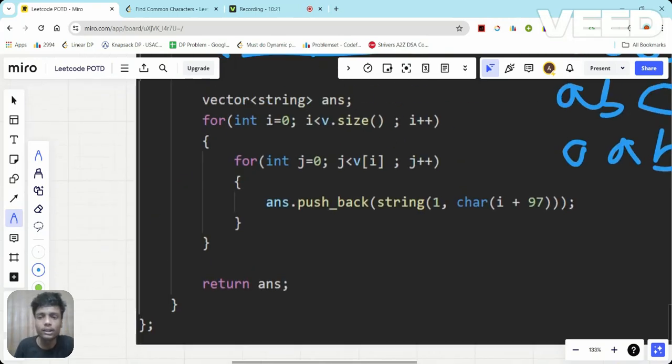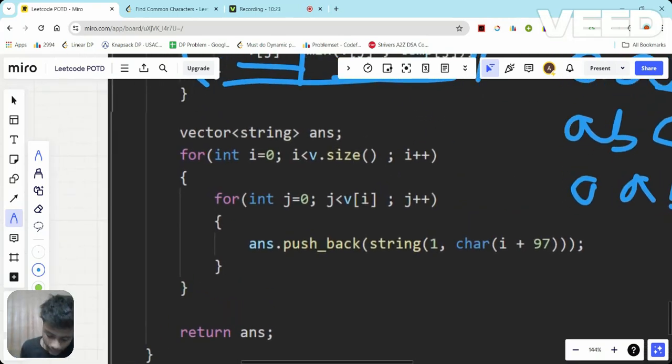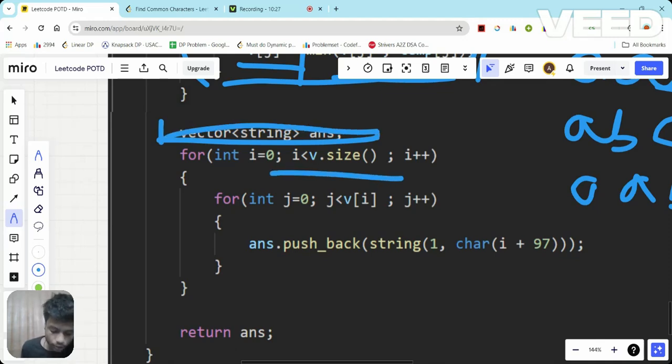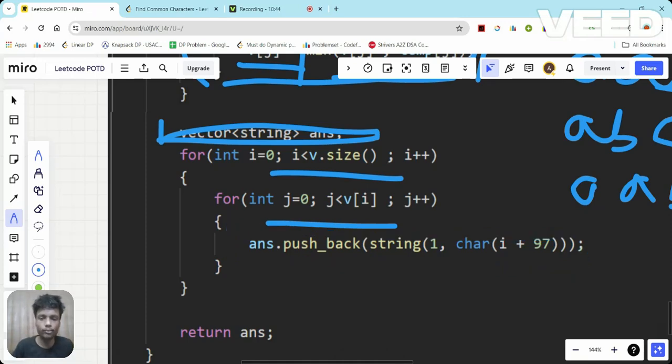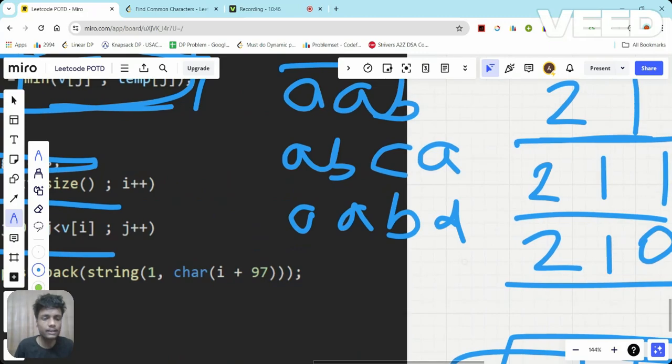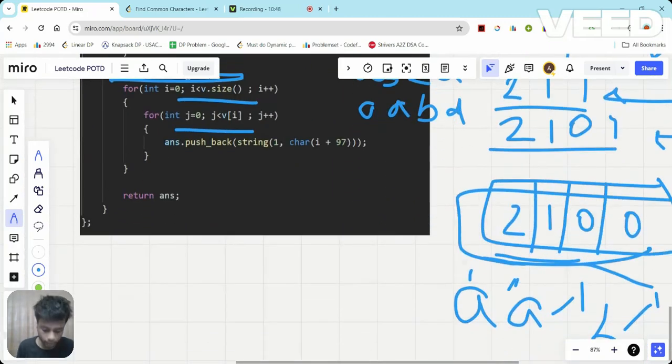Now I'm taking a vector of strings, answer. I'm running a loop from 0 to v.size, then running a loop from 0 to v[i], meaning the frequency of each character, and inserting the string value of that character. To make it more clear, as I have explained, it was 2 1.